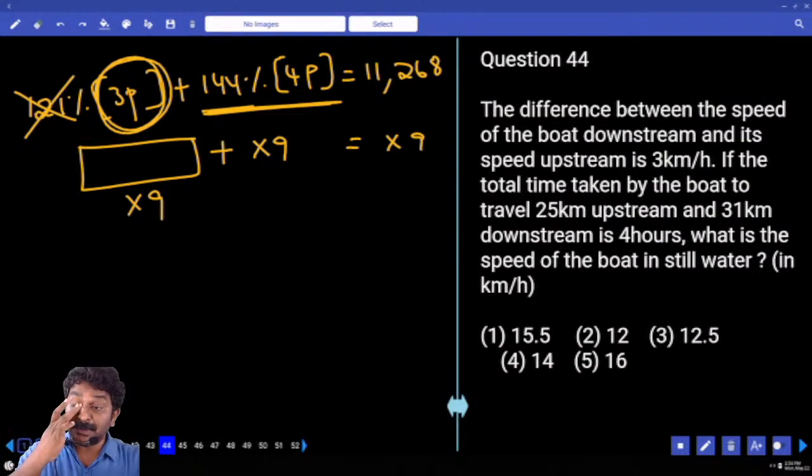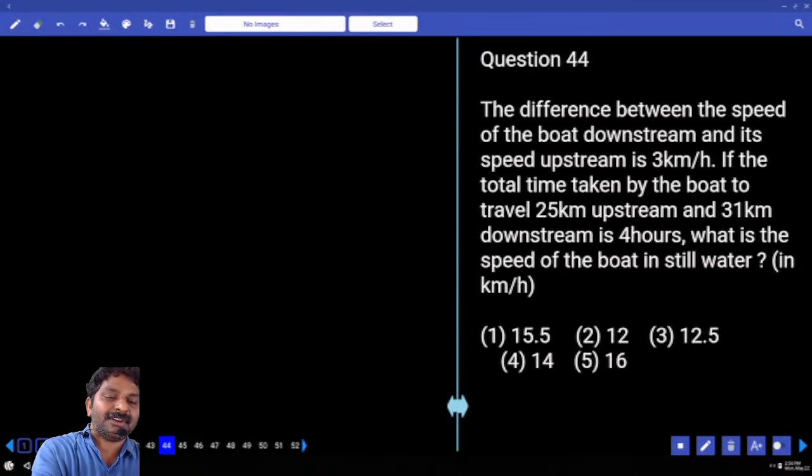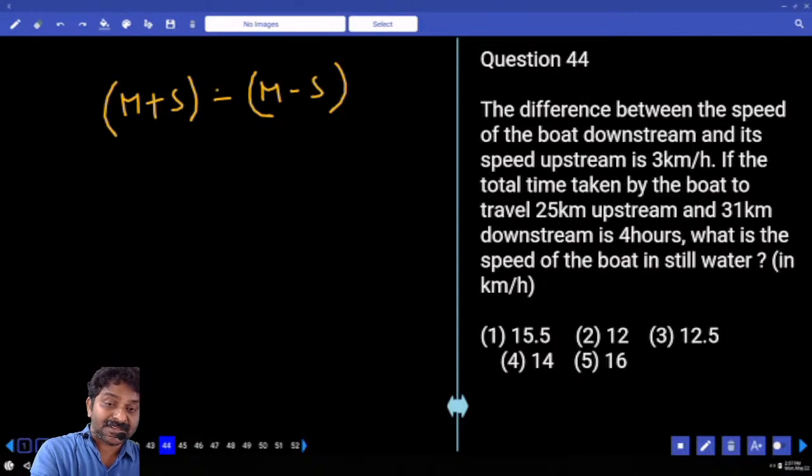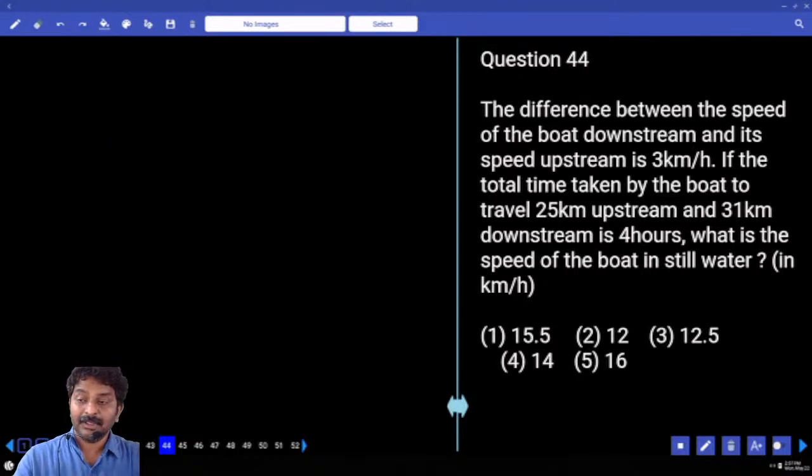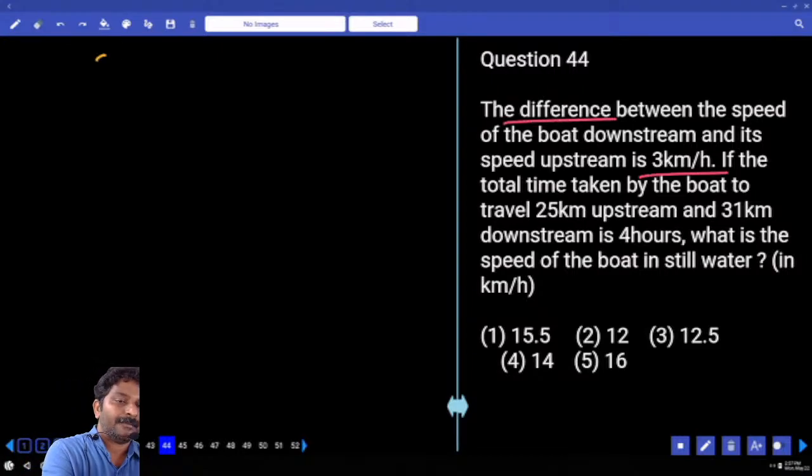The difference between the speed of the boat downstream and upstream is 3 km/h. What do you mean by the difference between upstream and downstream? Let the speed of the boat be m and the current be s. Downstream is m plus s and upstream is m minus s. The sum of downstream and upstream is 2m. When they say difference, that is 2s, which is equal to 3 km/h. Then s is equal to